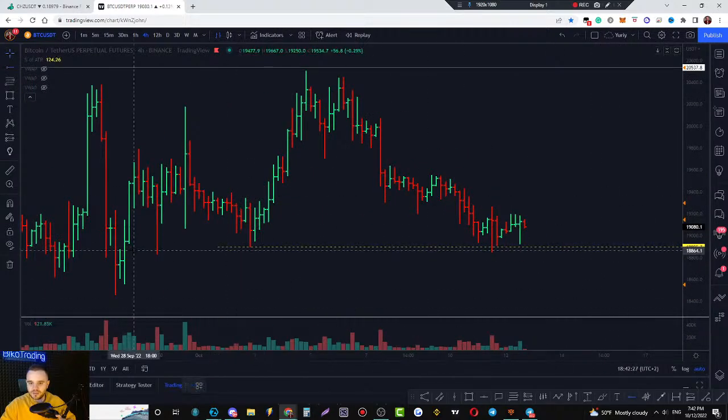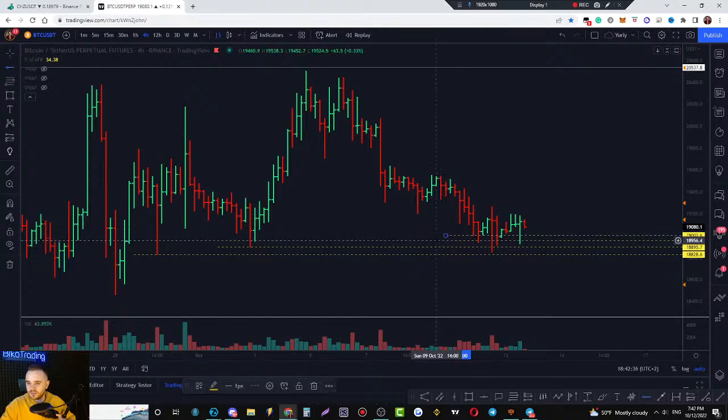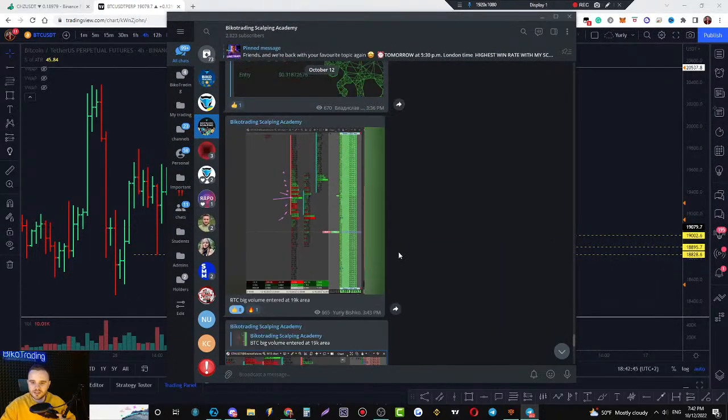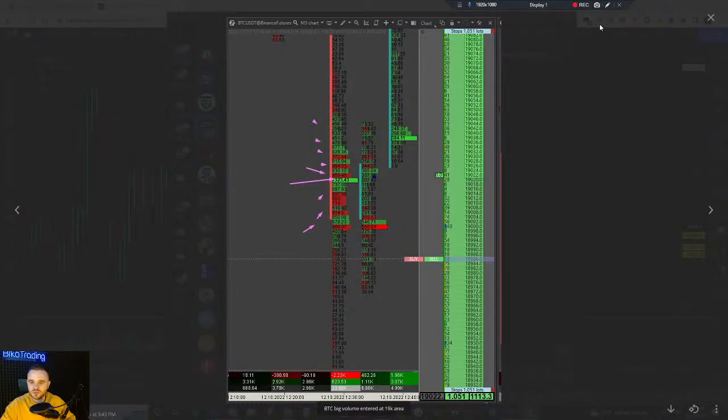About BTC, at this moment, what happened? Yesterday, BTC did a fake breakdown of this important local level. And today, really huge volume traded at the 18,000 area. Let me show it to you. In our free Telegram channel, I sent this screenshot, and I warned people that really huge volume entered. By the way, those people that understand how to read the DOM saw that I entered a long trade at 19,000. Have a look at that area, 19,020: significant volume traded, really huge volume traded.